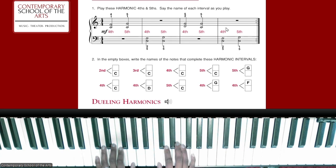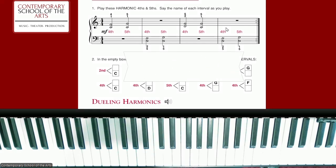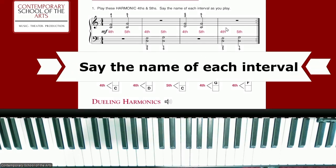1, 2, ready, play. 1, 2, 3, 4. 1, 2, 3, 4. Measure 3. 1, 2, 3, 4. Measure 4. 1, 2, 3, 4. Repeat. 1, 2, 3, 4. Good. Excellent job. Now we're going to do it one more time, and this time we're going to say the